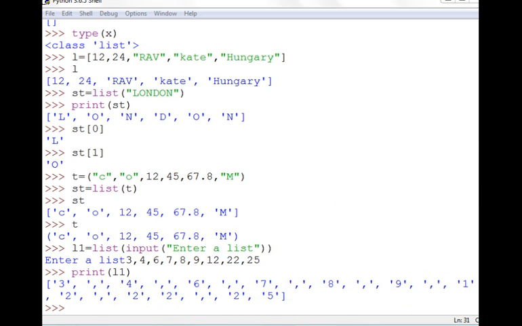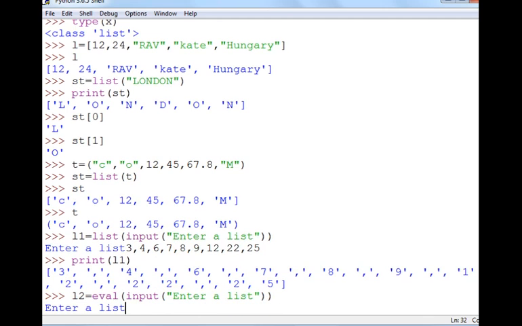So if you want to generate a list of integer values, we will be using the eval function. In that case we won't be using list, so here we will be using eval. Let's make it L2. Now let me enter the same values: 3, 4, 6, 7, 8, 9, 12, 22 and 25.